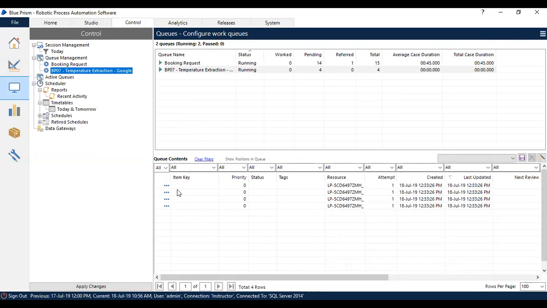Remember, in the earlier sections, I asked you to keep the key value, or item key, empty during queue creation. If you define the collection column name, the input collection column name, exactly there, that column will become visible in your item key, which makes it easy for you to track instead of having a blank value. Now you never know which is the first location, second location, third location, and so on. Your item key is nothing but the input collection column you are using to add the item into the work queue. Define the column name so that it gets visible here for your reference.